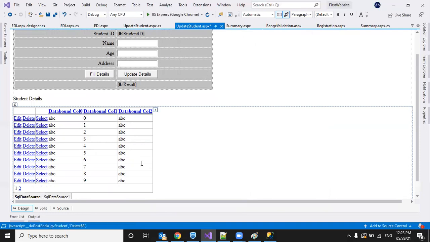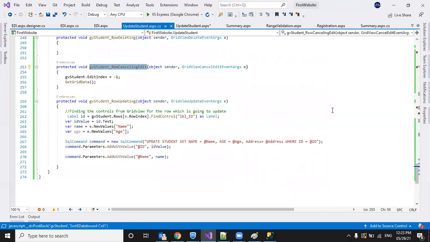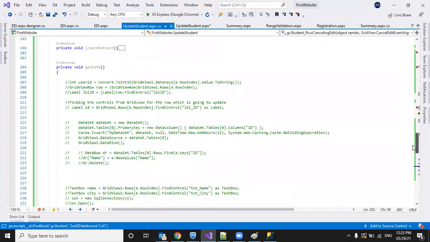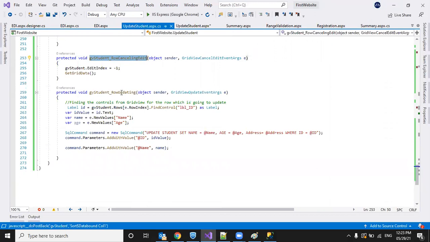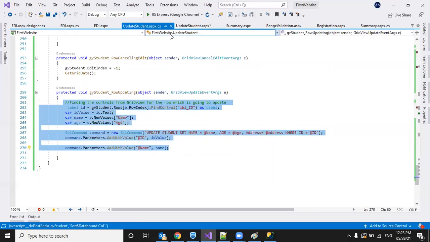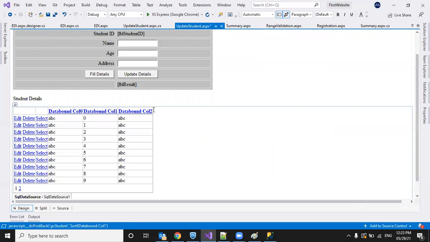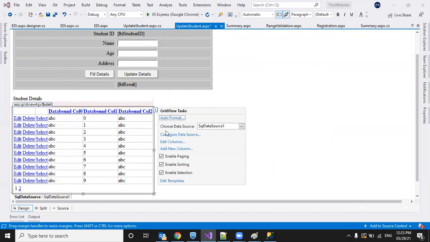Any doubts till now? In the programmatic way, we covered events: what are the events, and when will what happen, like row editing, row deleting, row cancelling, and row updating, how we update the data. So as not to write all this code, we go for the automatic way. This will only work with a single table, or if there are no customizations.